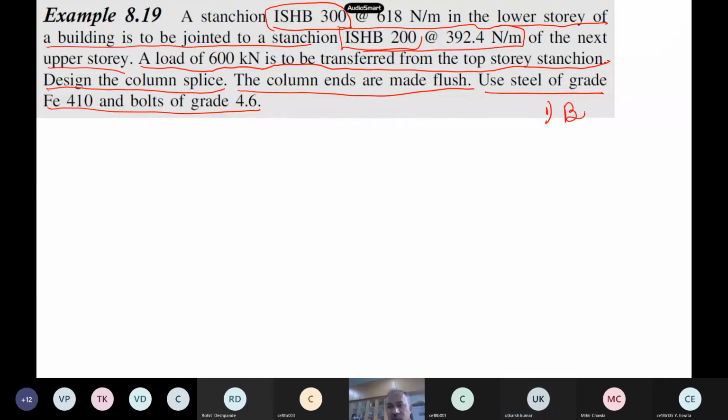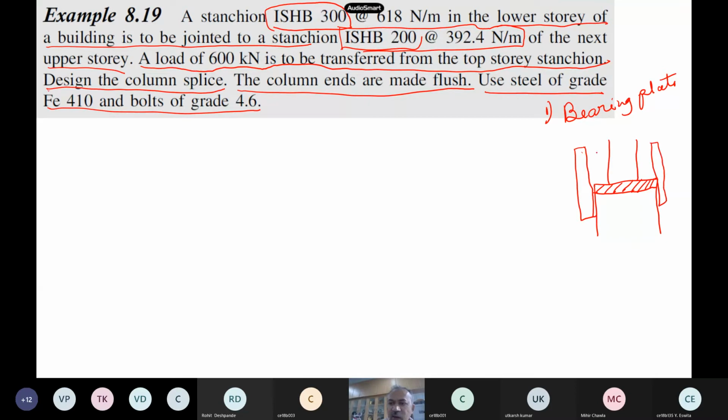Bearing plate is one, so that is one thing. Because they are of two different sizes, you have to provide a bearing plate also. This is perfectly fine. Now when you want to join them by a splice plate, what's the problem you have?